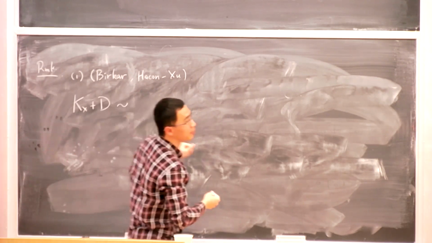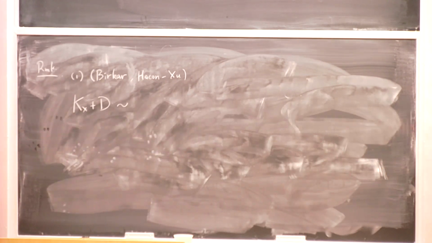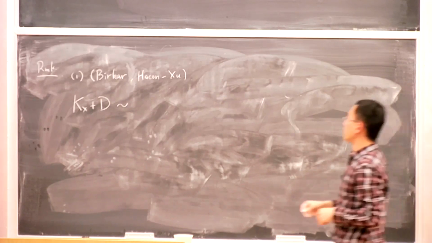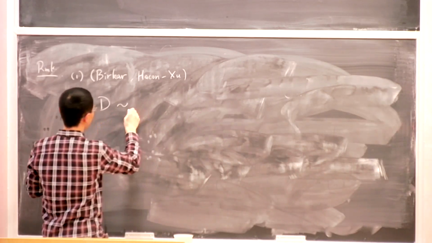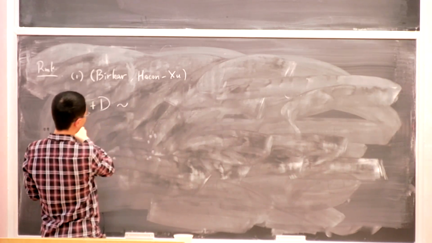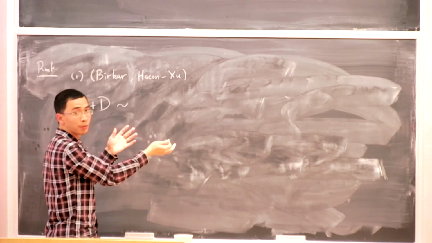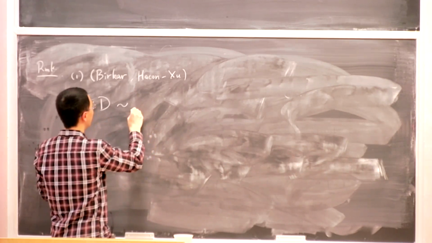You can actually do this over a base. What they prove here is that if this pair does not just have a good minimal model, but is actually log Calabi-Yau,